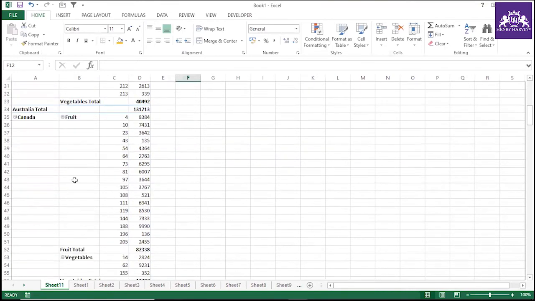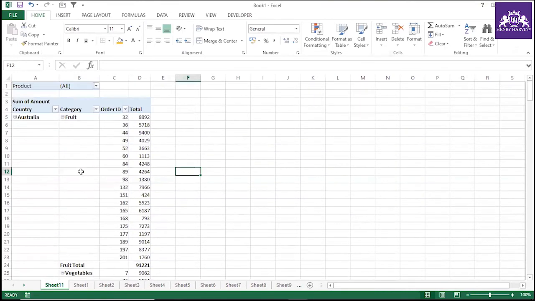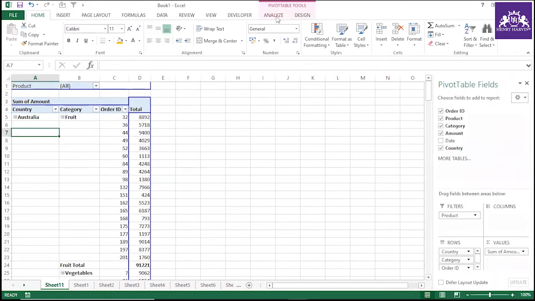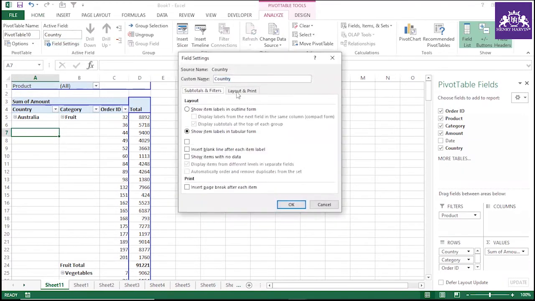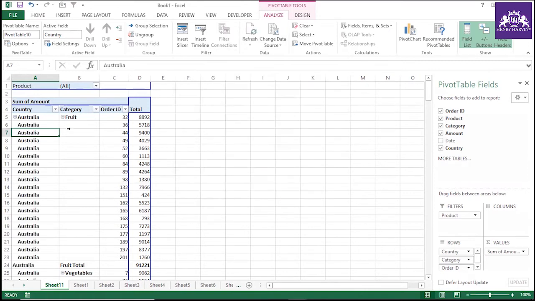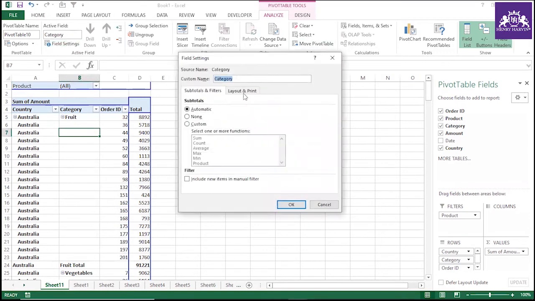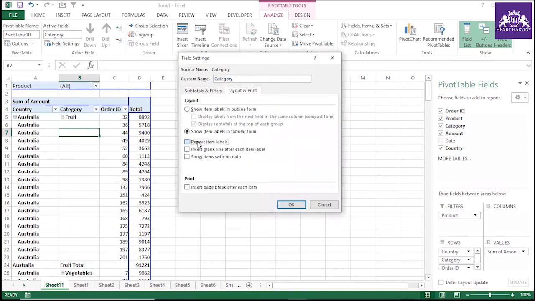Guys, understand this data looks really different here. So can we add some decoration or some kind of formatting? If you click this, you go to analyze again. This time you go to field settings. In the field settings, you have the option called repeat item labels. If you click this, now you see the difference. And again, you click this option, go to field settings, and now you go to layout and print, repeat item